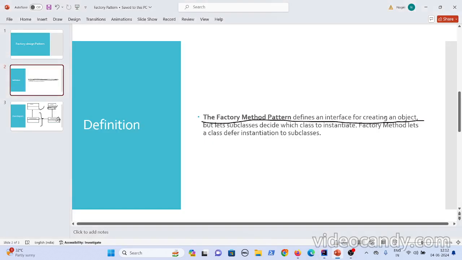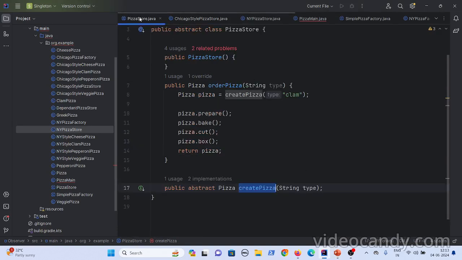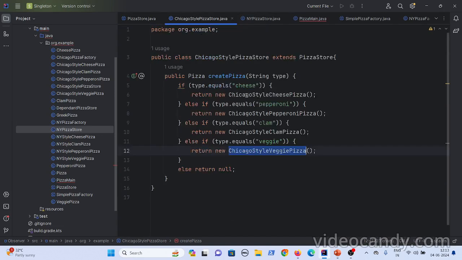So it defines an interface for creating an object, but lets subclasses decide which class to instantiate. Now the factory method lets a class defer instantiation to subclasses. Though the method is declared here, you are deferring, or handing this responsibility to your child classes to create the pizzas, right? That is what is declared here.